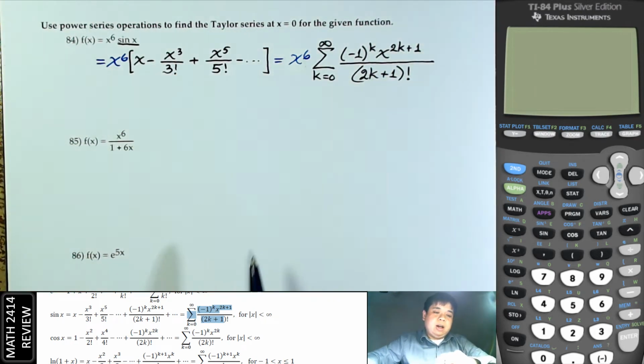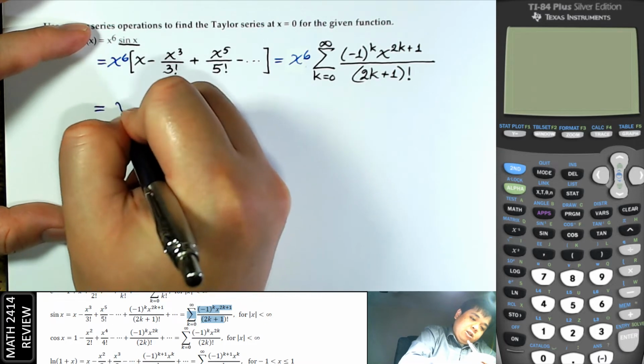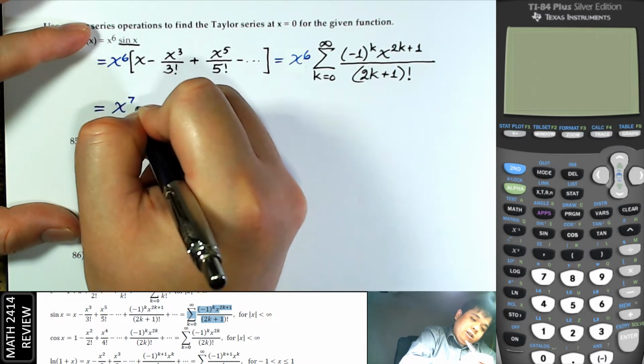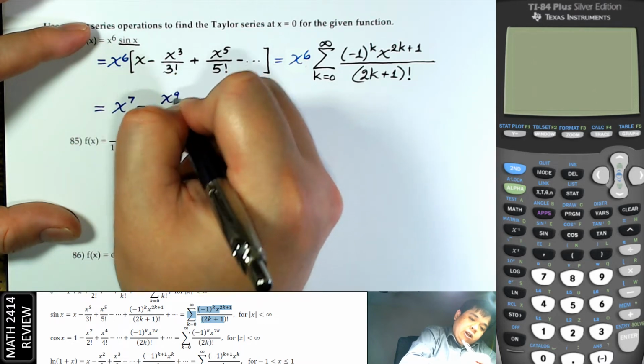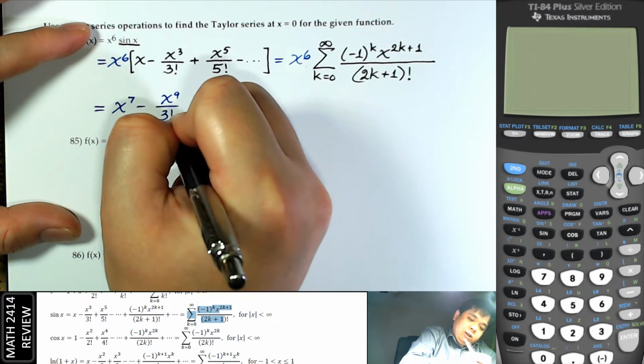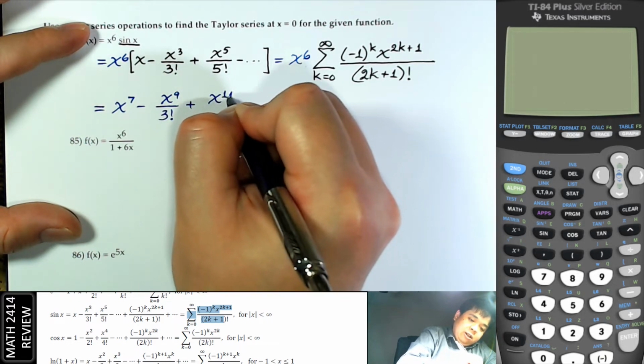Now just multiply the x to the 6 inside, so that gives us x to the 7, x to the 9, x to the 11,